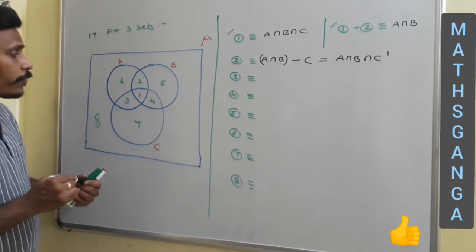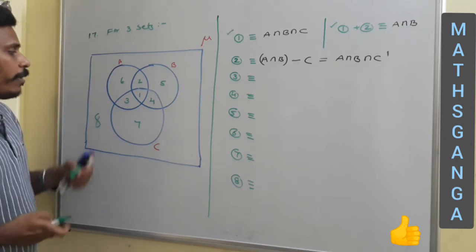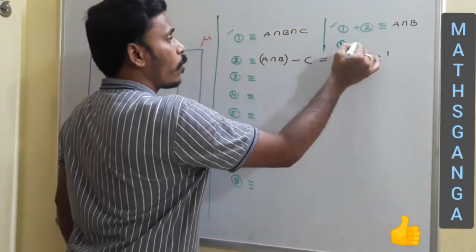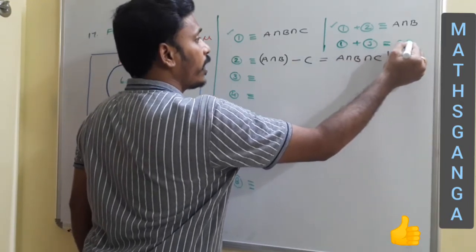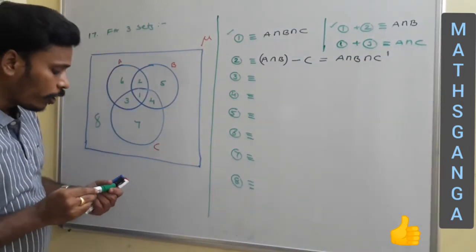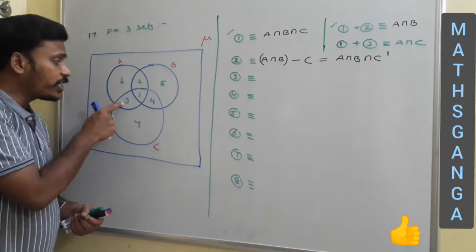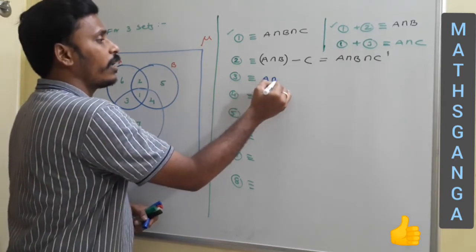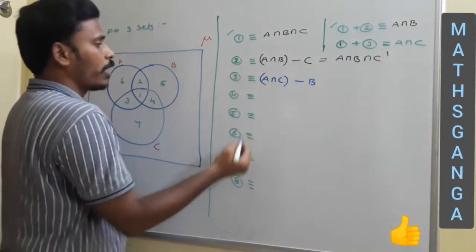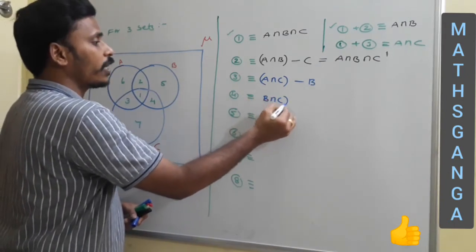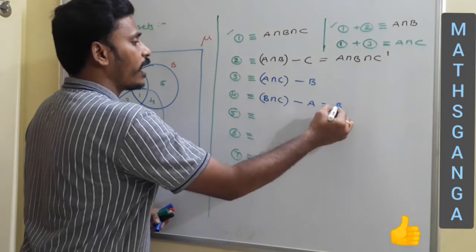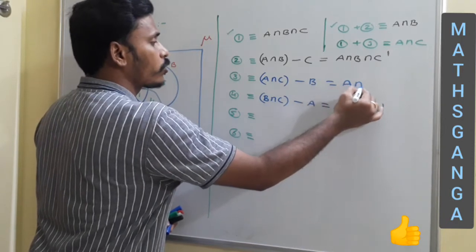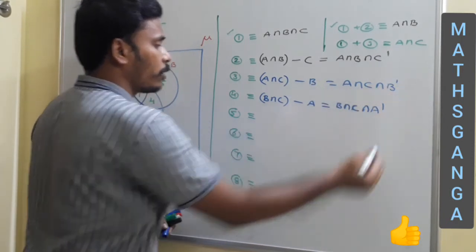Okay, right. Whereas if you think about region 3, again in the same way, regions 1 plus 3 together represent A intersection C. But now I am thinking about only region 3, and that region 3 is in A as well as in C, but not in B. So region 3 is A intersection C minus B. In the same way, region 4 is B intersection C minus A, and this is again equal to B intersection C intersection A complement. This is again equal to A intersection C intersection B complement.